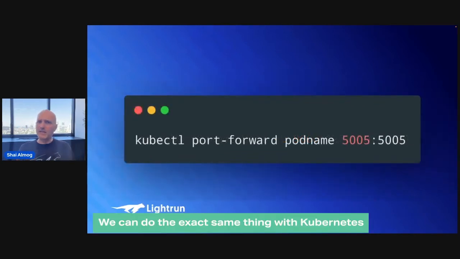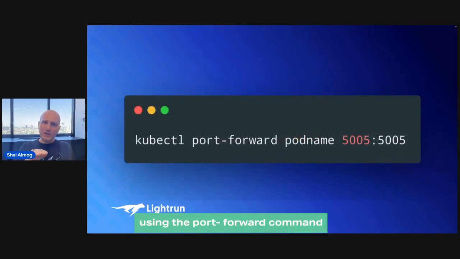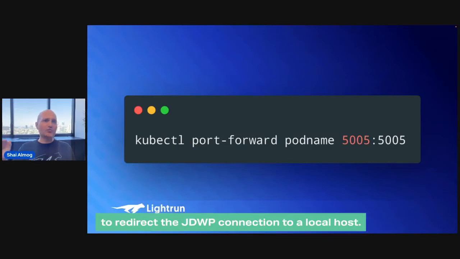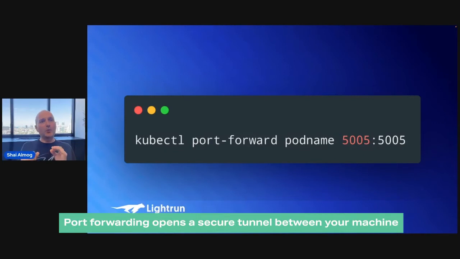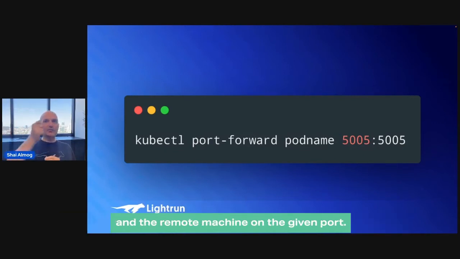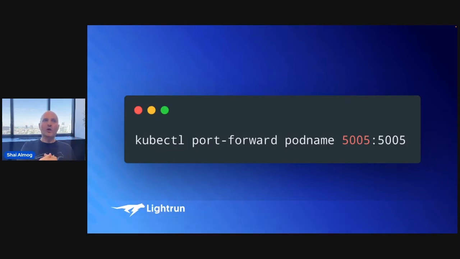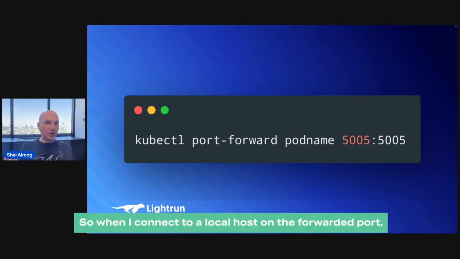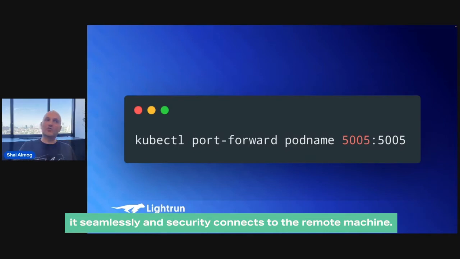We can do the exact same thing with Kubernetes, using the port forward command to redirect remote JDWP connection to a local host. Port forwarding opens a secure tunnel between your machine and the remote machine on the given port. So when I connect to a local host on the forwarded port, it seamlessly and securely connects to the remote machine.